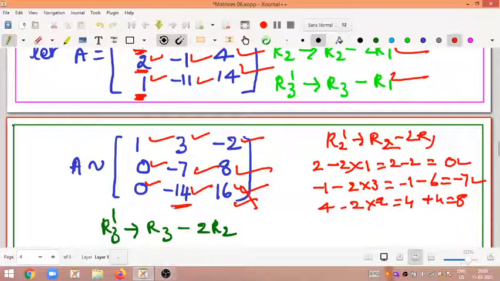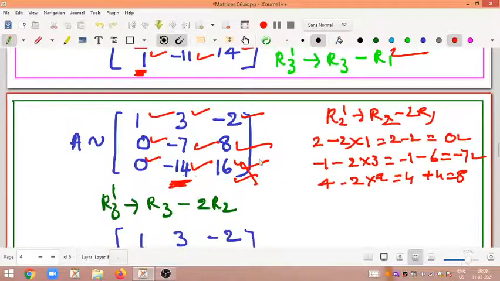Again, what do we want? This element we want to make it 0. So that's why